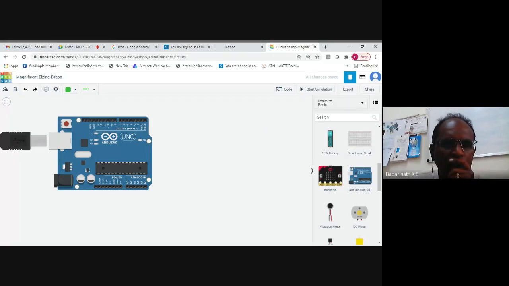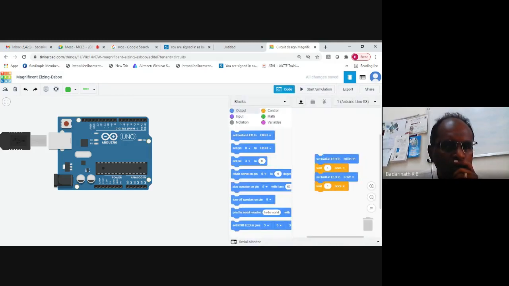The same code you type in the Arduino Studio, you type in the simulator also. In the future, you can download the same program. There is an option available to download this program code. When I go to the code, I can download this code and use the same code in Arduino Studio also.